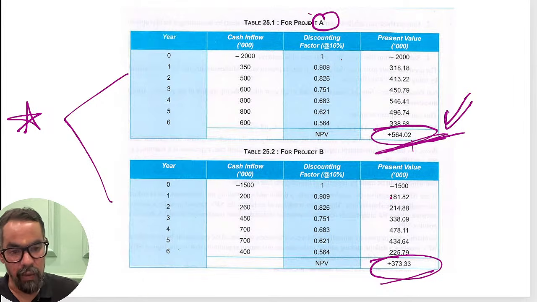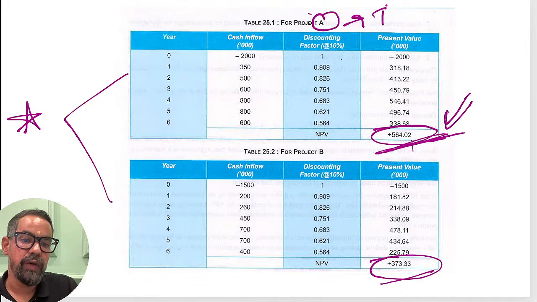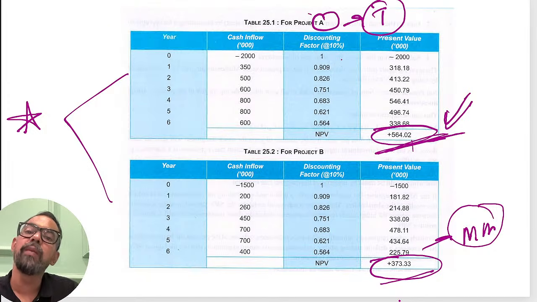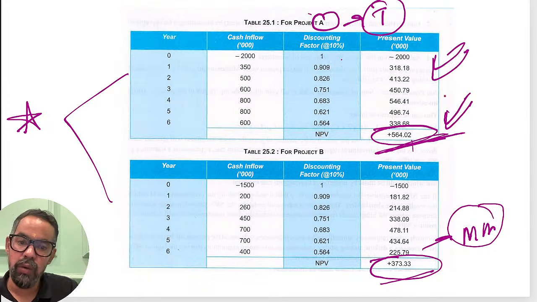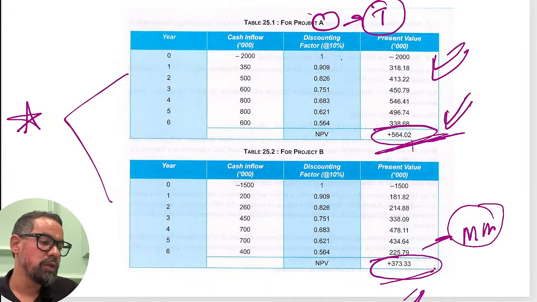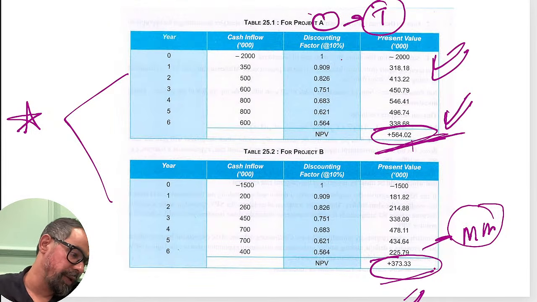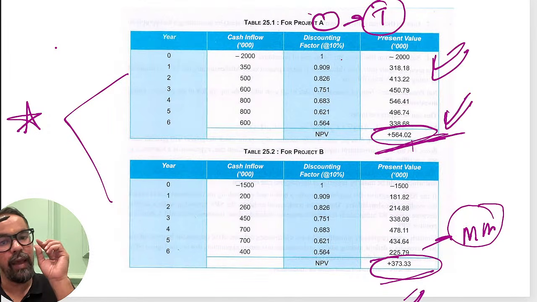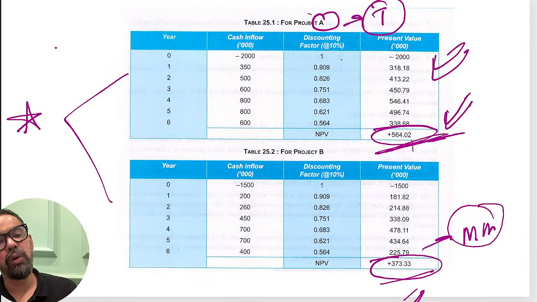Now if project A is for toy manufacturing and B is for marker manufacturing, both are profitable. If you have money, first you have to go for this one, and for the other one also you can accept it. Okay, we'll do both, but with priority first. Yes, now if they ask that for the marker manufacturing you have two options and we have to opt for only one, then you will go for this.